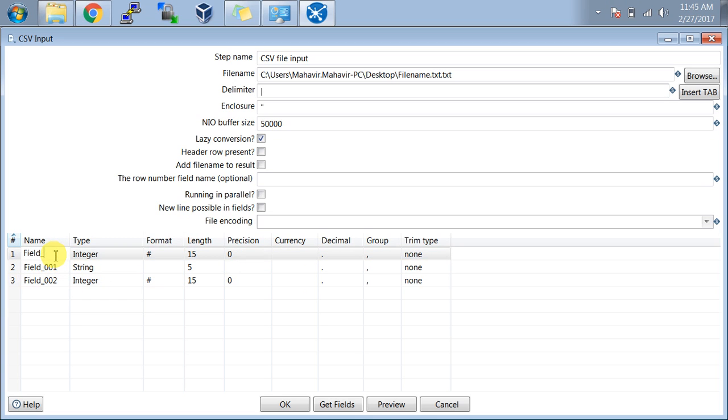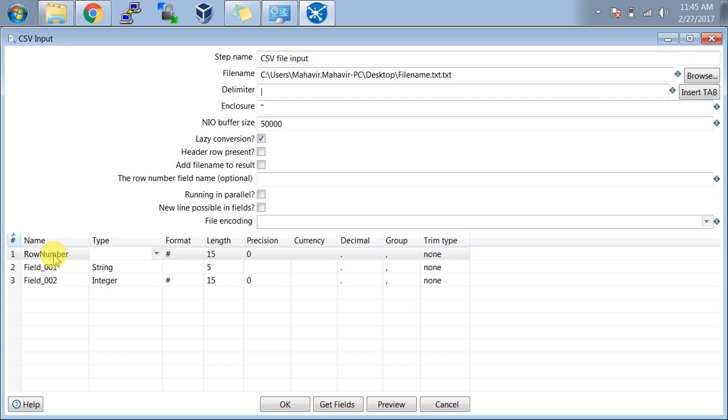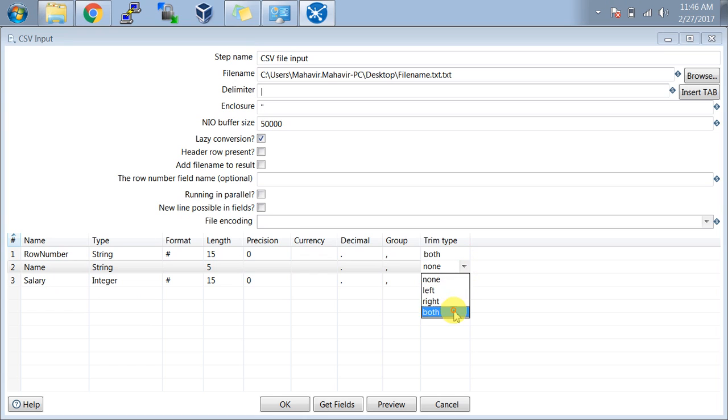Here I will give row number as a name; it is a string only. Here it is name, and this is salary. If I want to trim, suppose my file contains spaces on the left and right, I can remove those spaces from both sides.